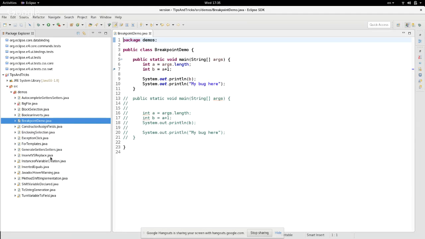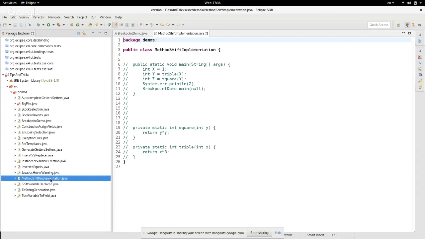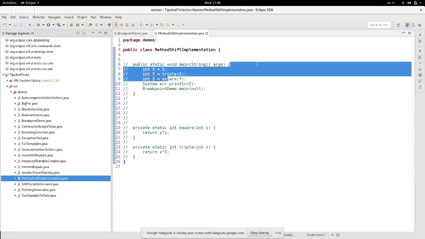It is very similar to the shift hover of the variable. Don't have much time, so I'll just